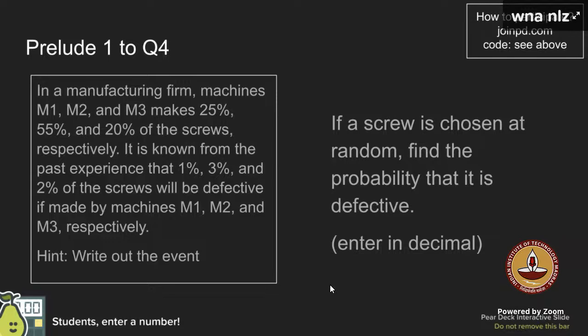Now, what the question has asked is that we randomly choose a screw from the total screws, and we have to find the probability that it is defective. Now, we have to list out all the cases in this question, right? Because we can get a defective screw that might be made by machine 1, a defective screw made by machine 2, or a defective screw made by machine 3. So these are the 3 cases that we need to handle, because there is no other way. We know the screws are only manufactured by these 3, and if we get a defective screw, it's going to be from one of those machines.